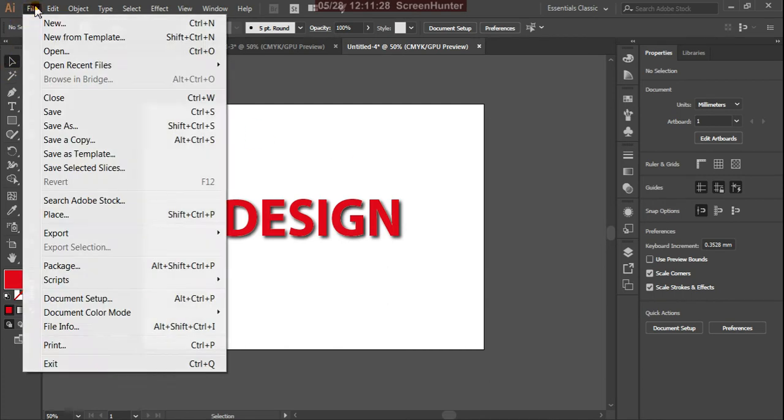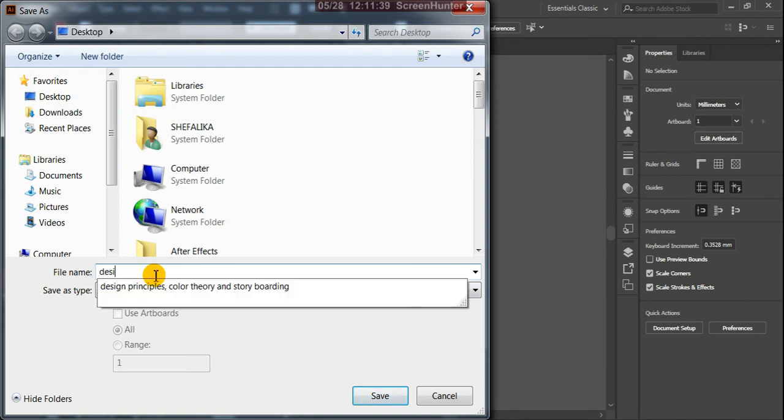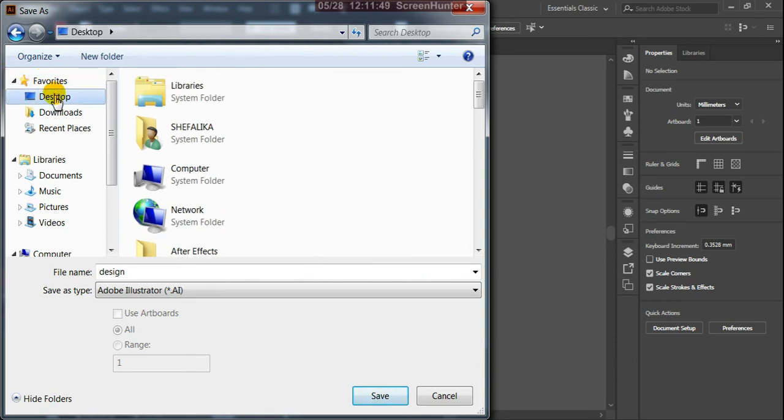Suppose, see, File, Save. Okay, and on desktop give the name design, and desktop. Here we have the formats.